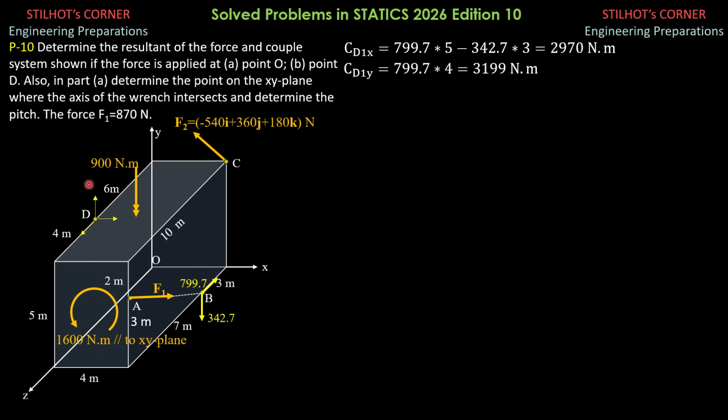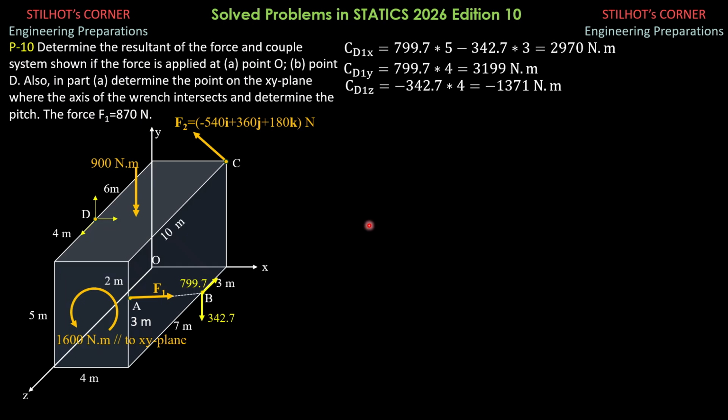Then the moment due to dz, positive sense in that manner. This is parallel, so no moment, just this one. And since it is clockwise or in the negative direction, because the positive direction would be that, the moment due to 342 is the opposite. So it's negative 342.7 times 4, and that is negative 1371 Newton meter.